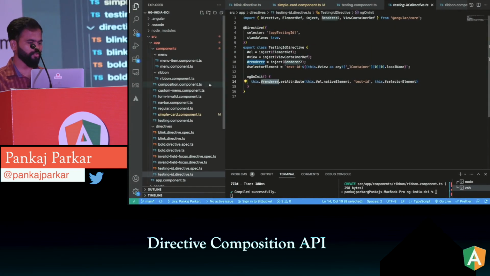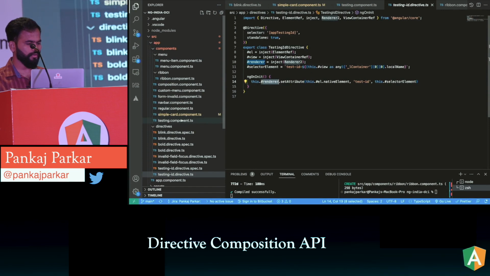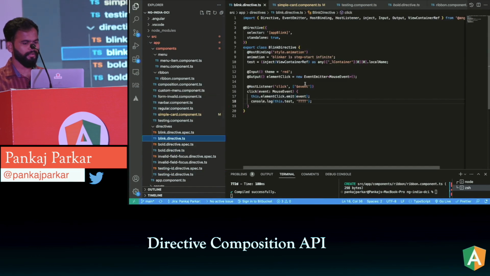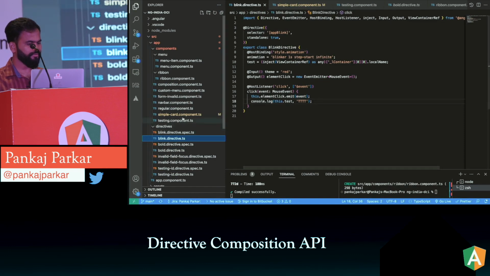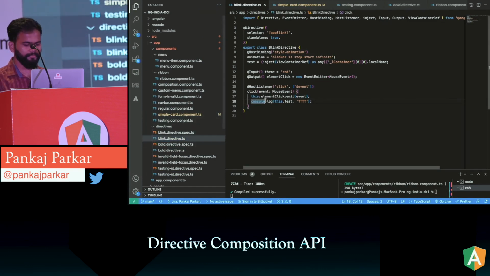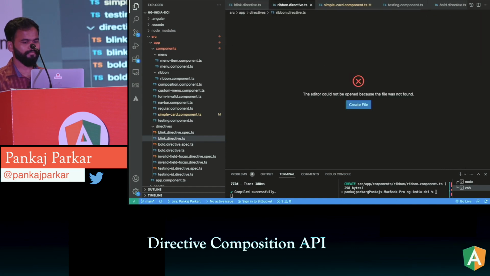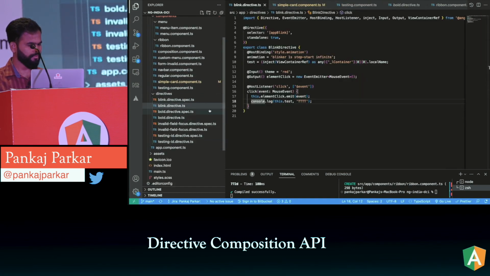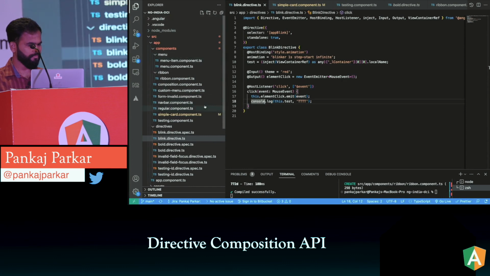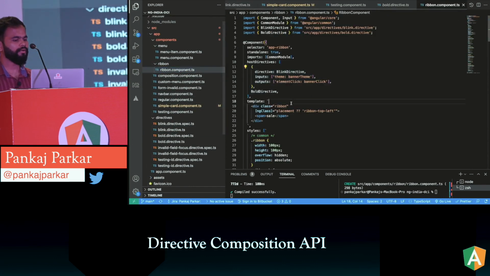For example, let me show you one example to prove that. Let's go to the Ribbon component.